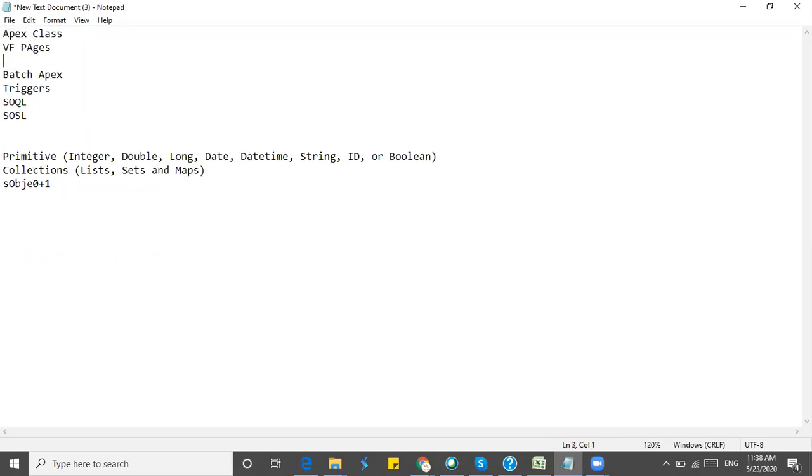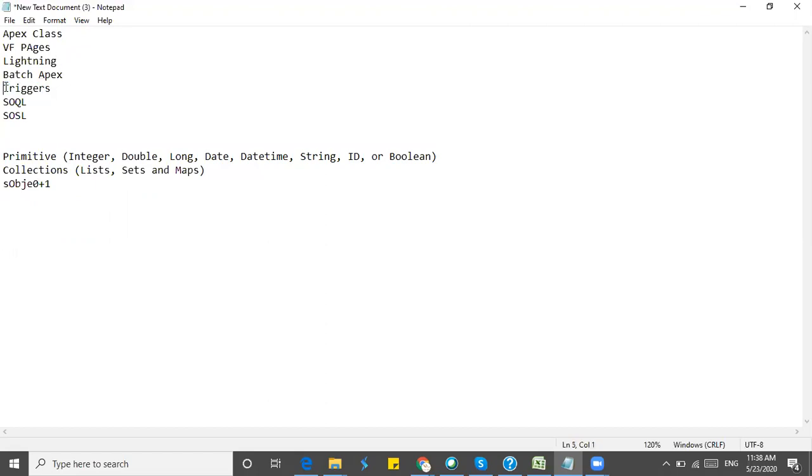Now currently we have Lightning also. Same thing with Lightning also. Lightning is built for UI based. So Visual Force pages are the existing one which we use in Classic. Now the new thing is Lightning, which is currently running, and upcoming is LWC, Lightning Web Components. That I will not be explaining because I'm in the learning stage of that.